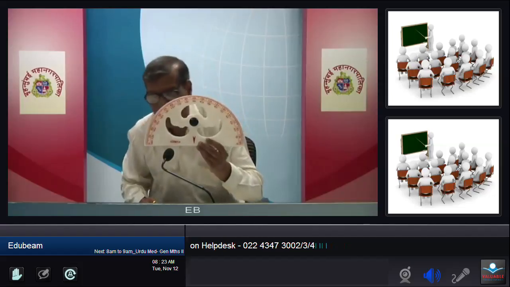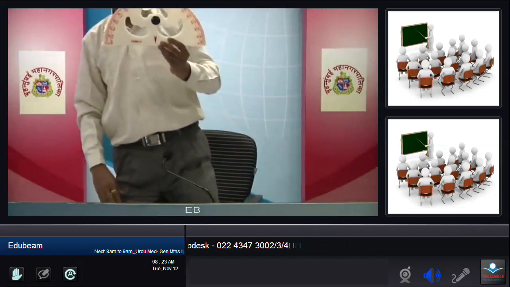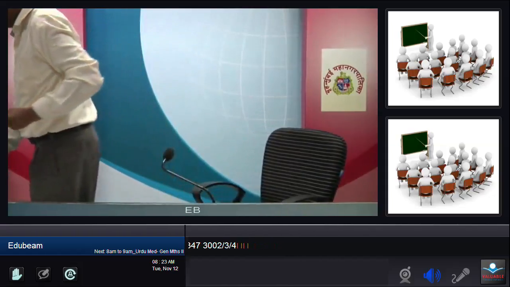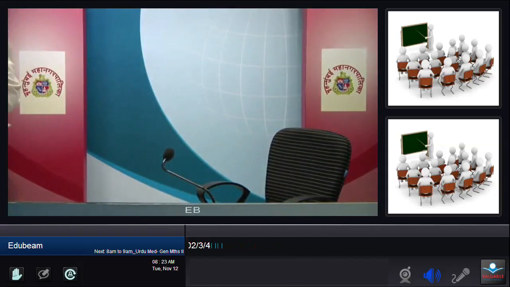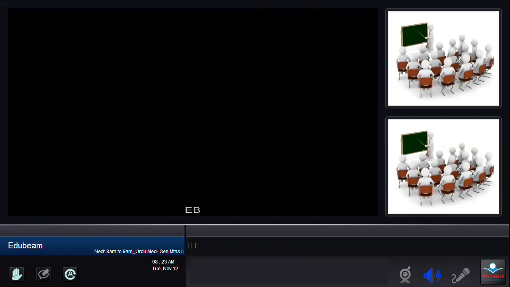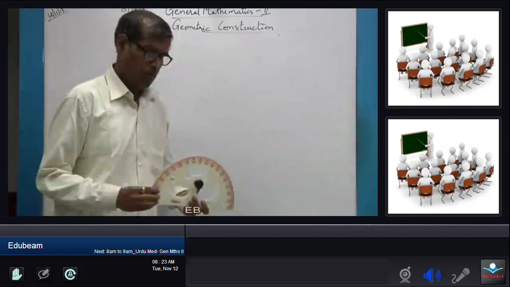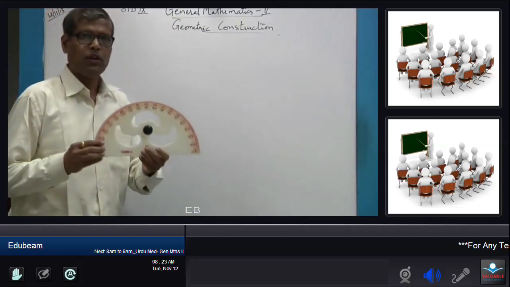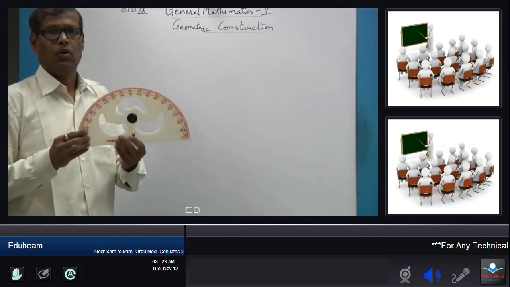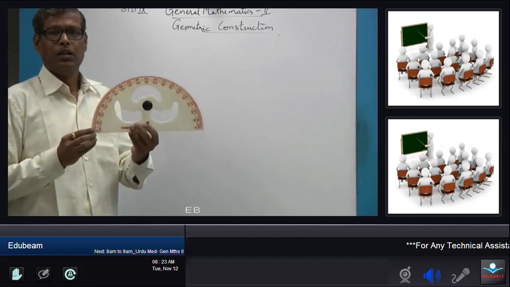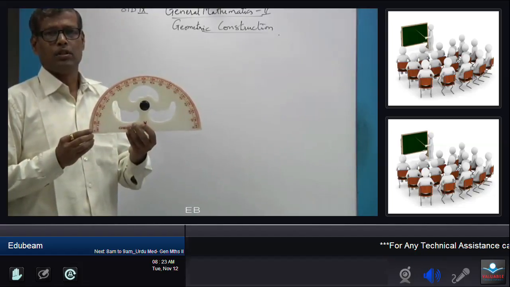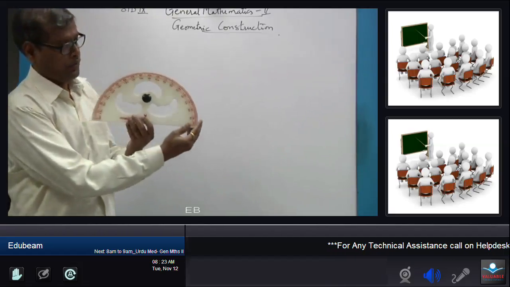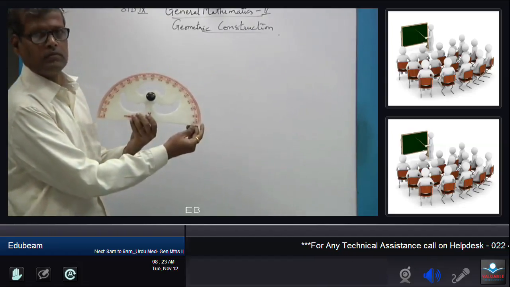So two set squares you have, one is the 30, 60, 90 set square, and the second one what you require is 45, 45, 90. Now when I say 45, 45, this is an isosceles right angle triangle. No doubt this is also a right angle triangle. But this is an isosceles because these two sides are equal. So once you know this thing, the compass and its instruments,